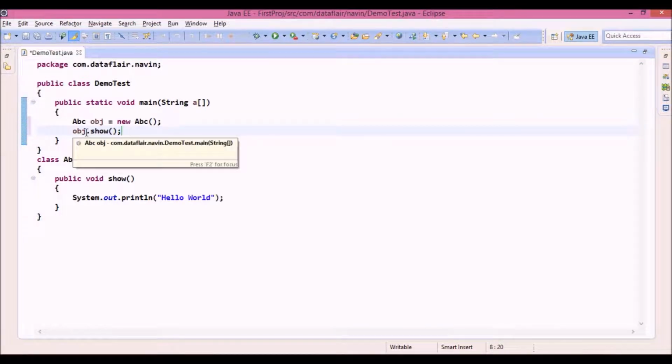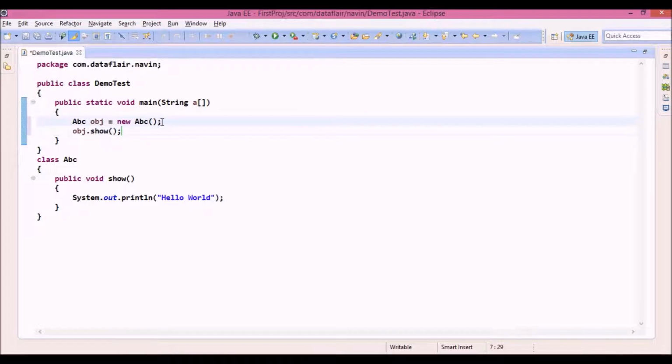But if we focus, the only time I'm using this obj is to call this show, right? That means this obj object is used only once. There's no other use of this object. So what we can do is, since this step is creating a reference and this step is creating an object,